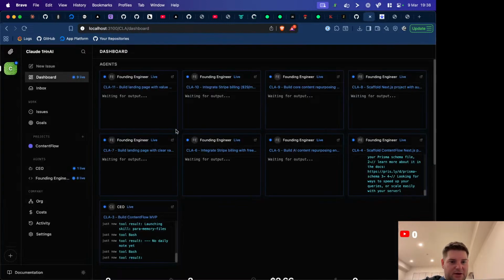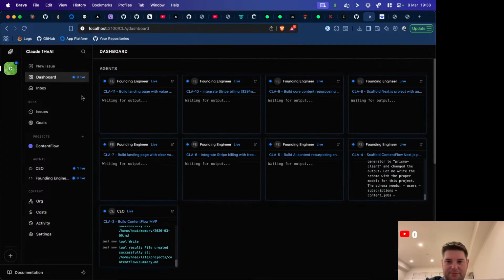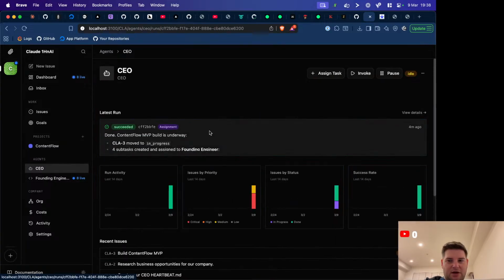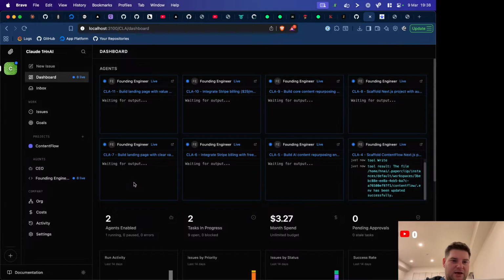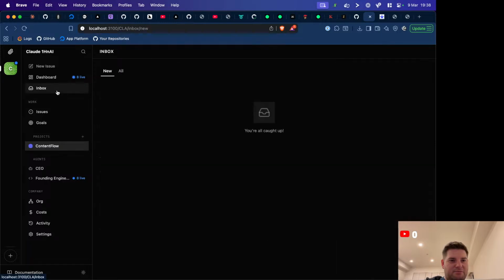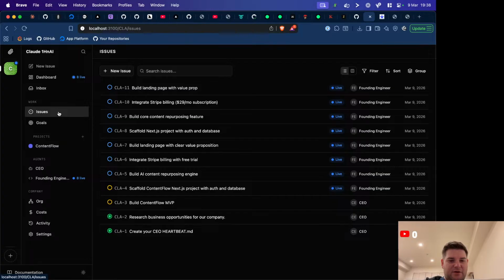So yeah, this is Paperclip, guys. So in theory, an entirely autonomous company. You can see all the agents that have been kicked off. So the founding engineer, so basically I gave the CEO some guidance. Well, I told it to go look at a couple of websites, come up with some business ideas, and kick off basically. And it's come up with this idea of content flow, which I think is like repurposing other content for Twitter and stuff. Not necessarily the biggest fan of the idea, but the purpose is to see how far we can go with the AI